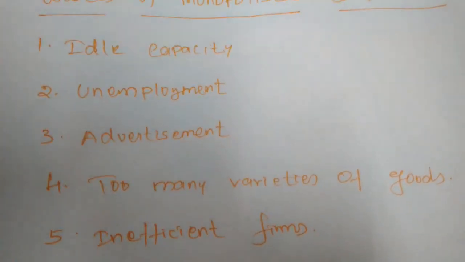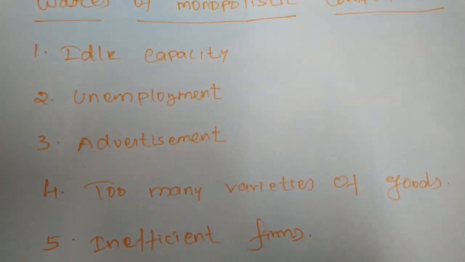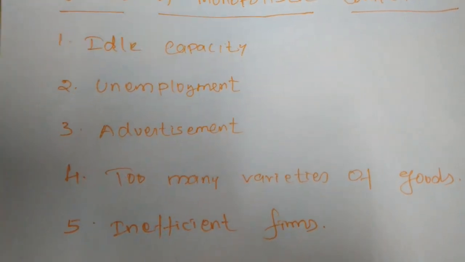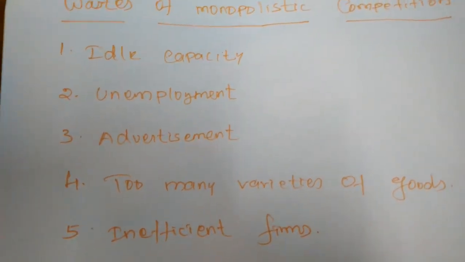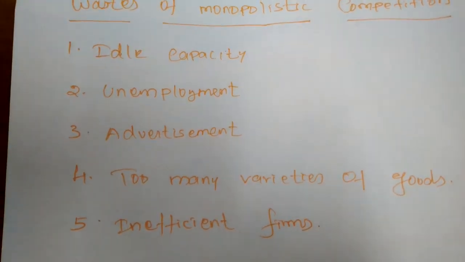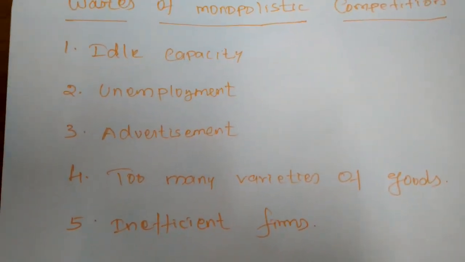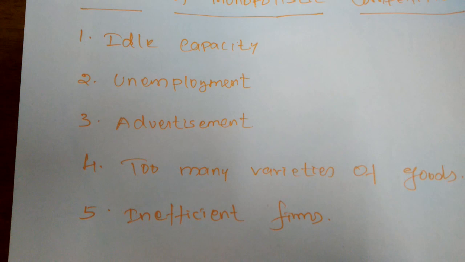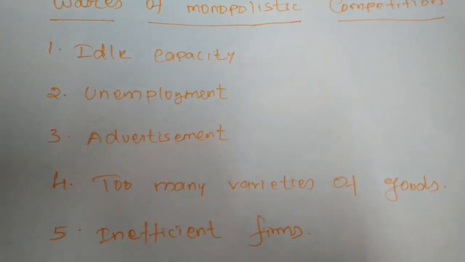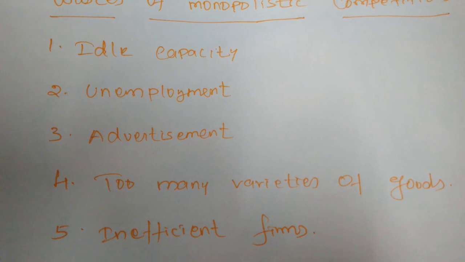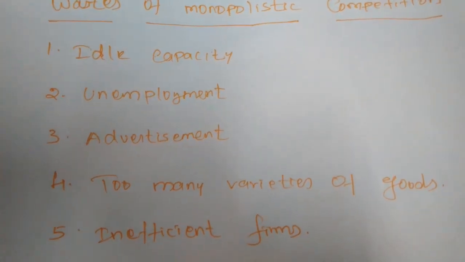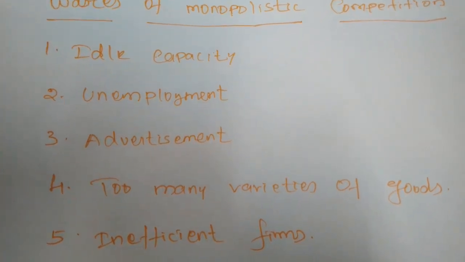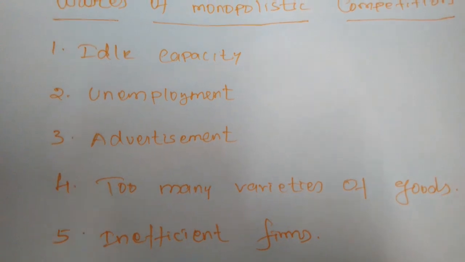Artificial demand means there is no real demand, but the producers create the demand by reducing the supply of commodities. When the demand increases, automatically the price also increases. So this demand is created by the firms. This leads to excess capacity, which is actually a waste in monopolistic competition. Even when the resources are available, the producers never use them, and the firms sit idle.